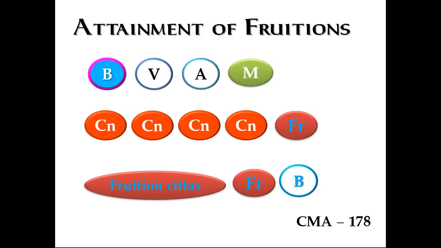One after another. Then after coming out from the second jhana, he goes to the third jhana and contemplates the nature of jhana factors as well. He attains the fourth jhana, comes out from the fourth jhana, and contemplates the nature of jhana factors. Then he goes to the first immaterial jhana and contemplates the nature of jhana factors. Then he goes to the second immaterial jhana and contemplates the nature of jhana factors. Then he goes to the third immaterial jhana and contemplates the nature of jhana factors, right? But